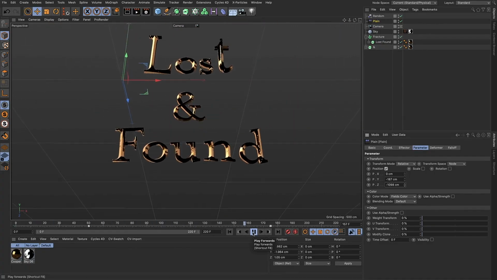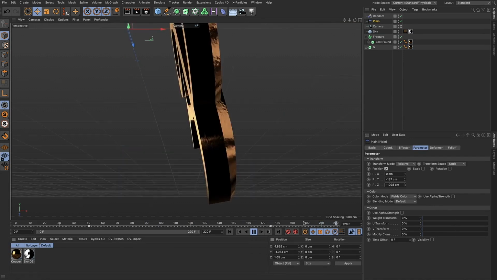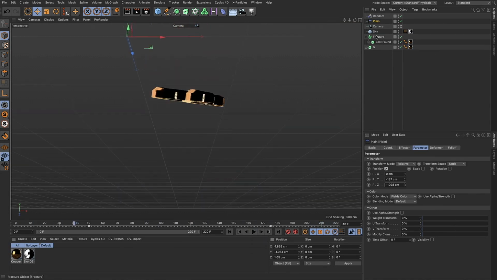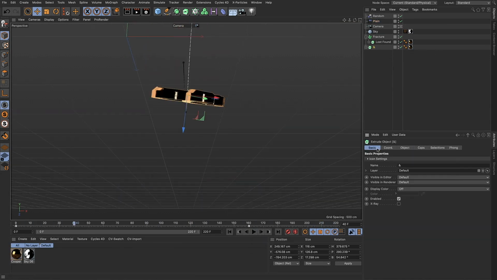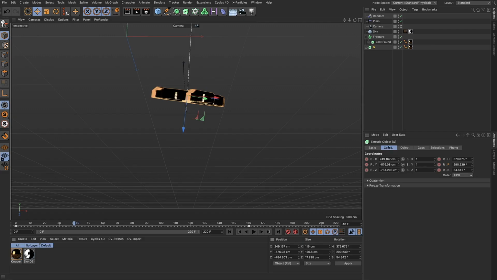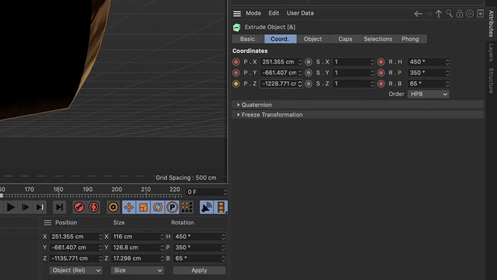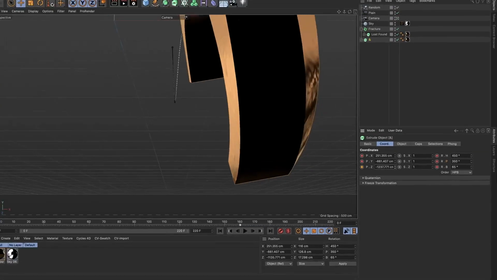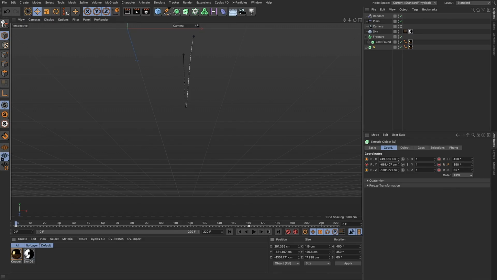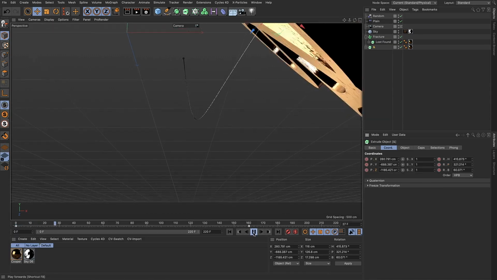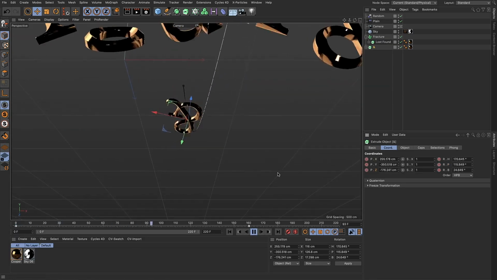Now, as for the ampersand change, we do have to select the ampersand extrude object. By heading to the coordinates tab, we can make our adjustments on the 0 frame mark of our text. Paying close attention to try not to fly this ampersand symbol directly through the eye of the camera to have an undesired animation. And I'm also paying attention to the blue arrow at the top of the frame,